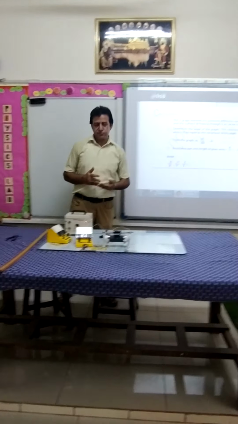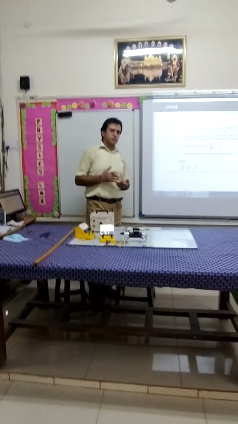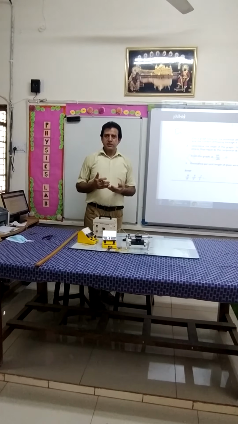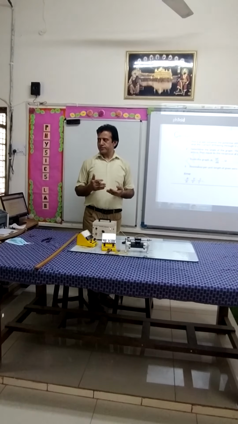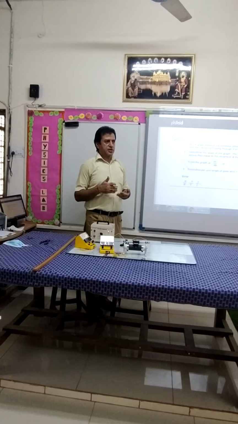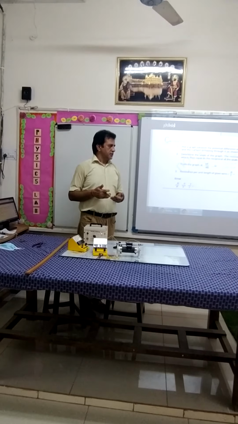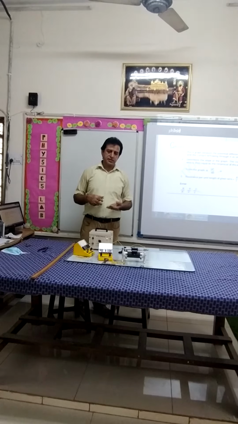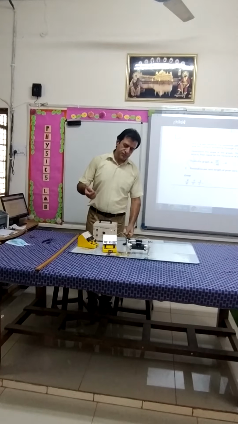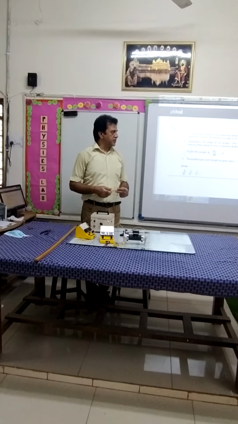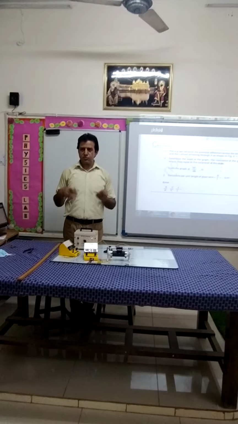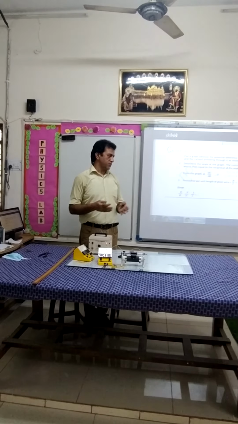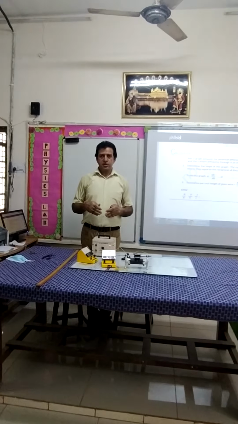So from the experiment it is clear that we can verify Ohm's law by drawing the graph between the potential and the current. But sometimes what happens is the readings are not constant. That means readings are not increasing or decreasing in the proper proportion. So some readings may lie outside the straight line graph, so we have to omit these readings. This may happen due to the high resistance present in the wire due to the flow of the current, and second, some physical conditions may also vary, and they may affect the result of Ohm's law. So this is all about today's activity.